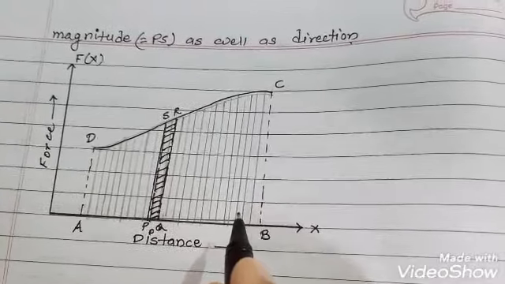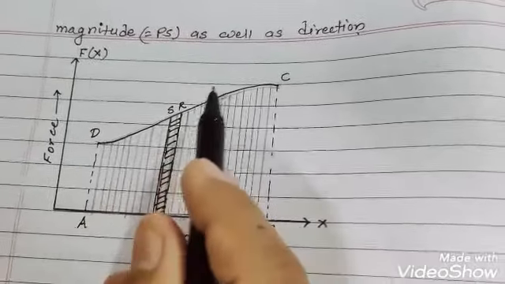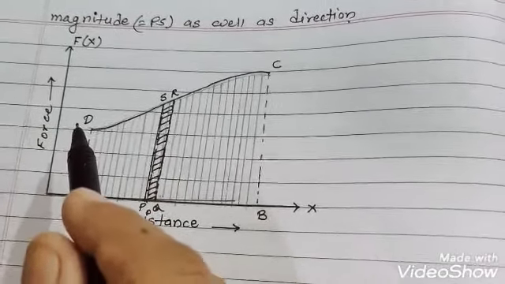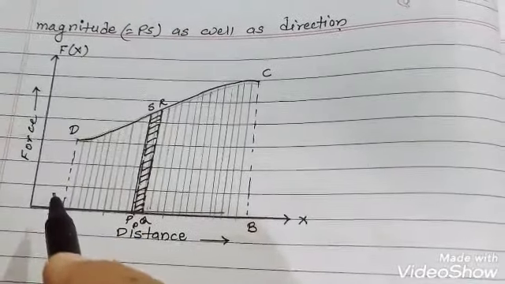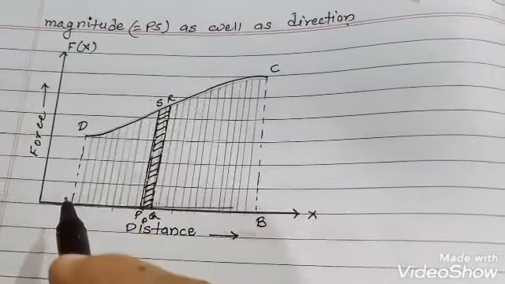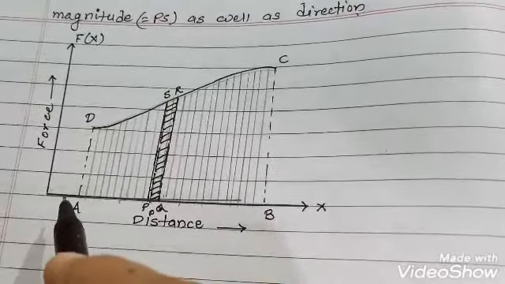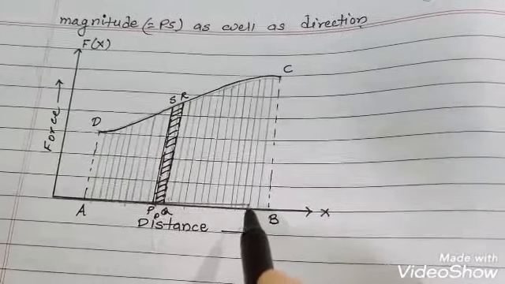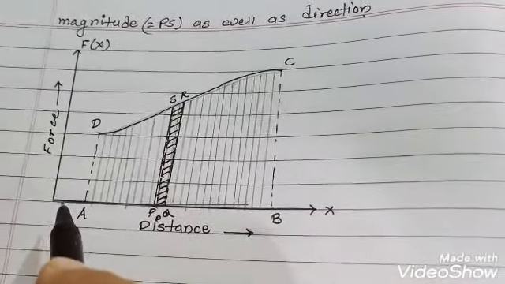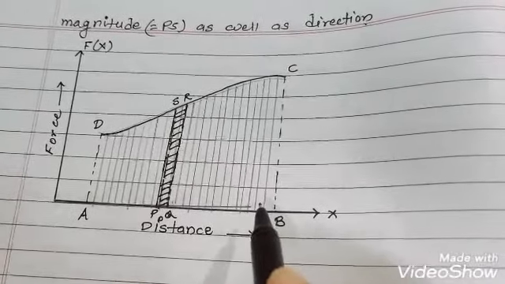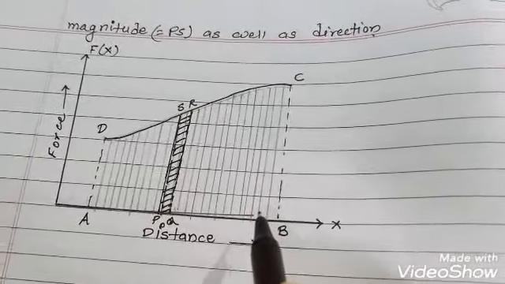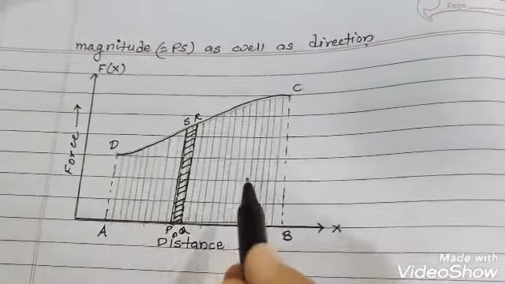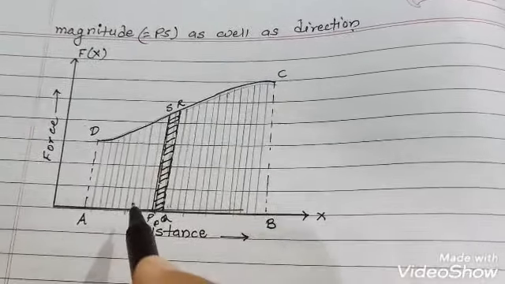Under the action of the variable force, you can see the force is varying, so this type of curve is obtained here. Now to calculate the work done by the variable force to move the object from A to B, we can divide the entire displacement from A to B into small displacements, as it is divided in rectangular form. You can see the rectangles here.